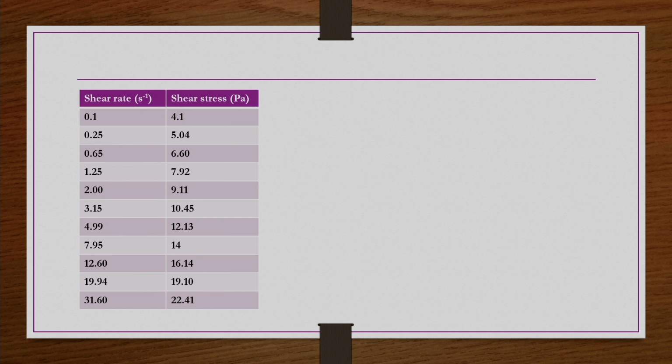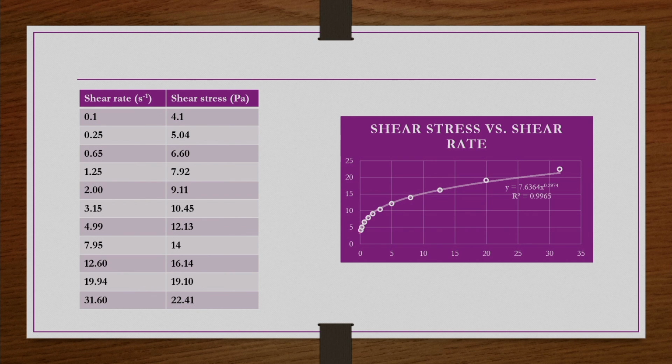Likewise, for all the data points you obtain shear rate and shear stress, tabulate them like this, and then you get a shear stress versus shear rate curve like this. It shows Herschel-Bulkley fluid behavior with a small yield stress. That is how to get the rheological behavior of an unknown fluid using cone and plate geometry. We have seen the equations for shear stress, shear rate and normal stress, done when the cone angle beta is very small, so you can maintain a constant shear rate. That is the advantage of this geometry.